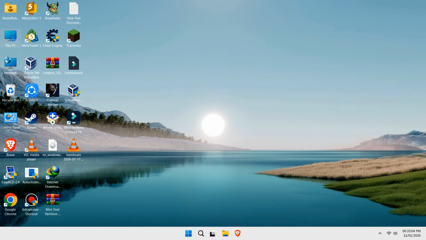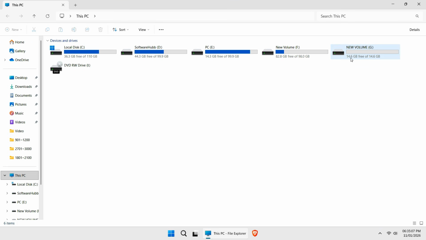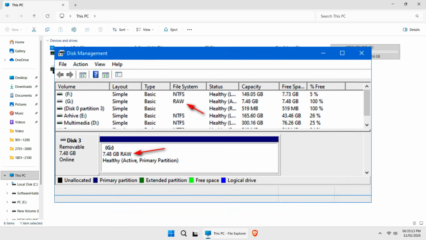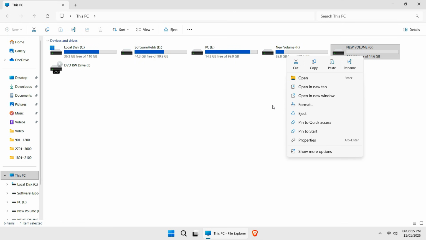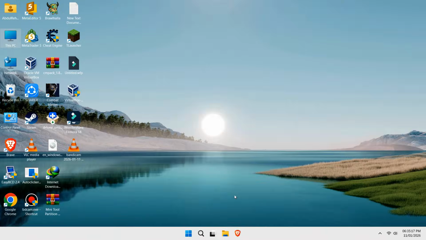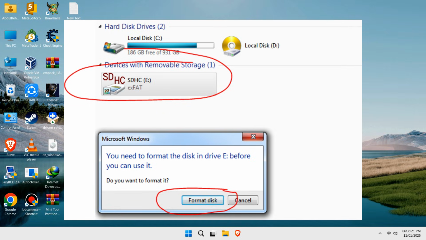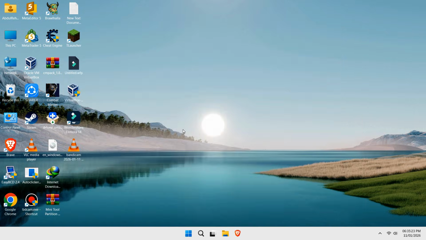I don't currently have a corrupted SD card or USB with me. But a few days ago, I successfully recovered data from a damaged SD card. That SD card was showing the raw volume error. If you are also facing errors like raw volume, or your SD card or USB is asking you to format, don't worry. Even if you have already formatted your SD card or USB, you can still recover your data using